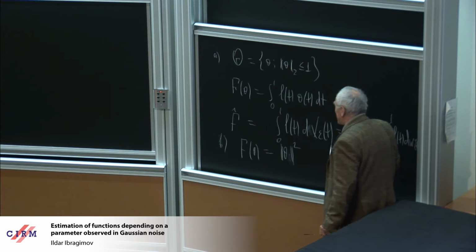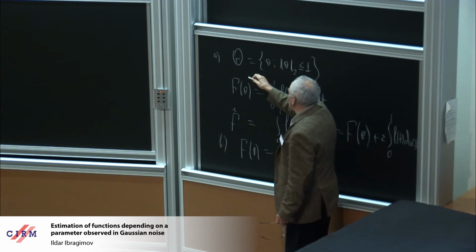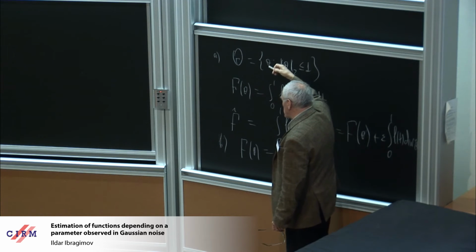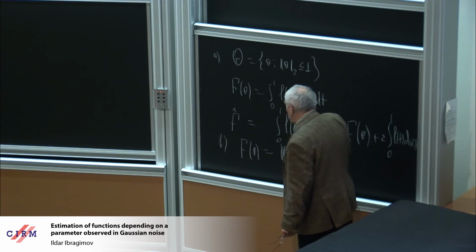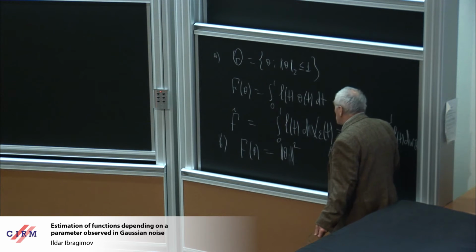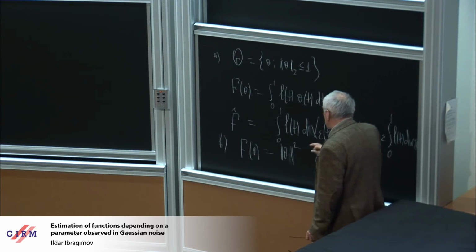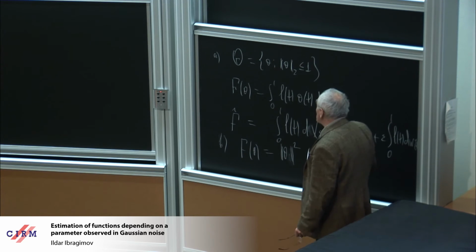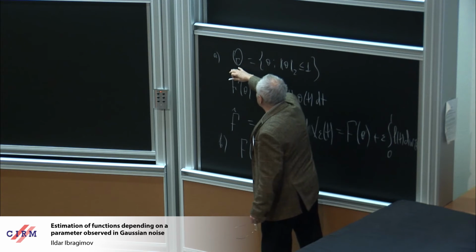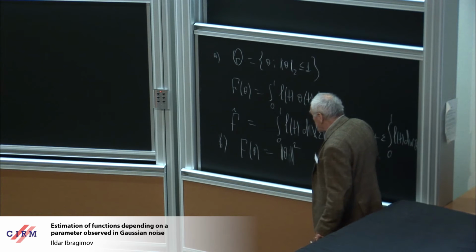cannot be estimated even consistently, even if theta is not the whole ball but only the point 0 and the surface of the ball. In this case, f of theta takes only two values, 0 or 1, but there are no consistent estimates. To have consistent estimates of such a function, you need to put some extra condition on theta. It should not be so rich as the whole unit ball. And what really will happen?